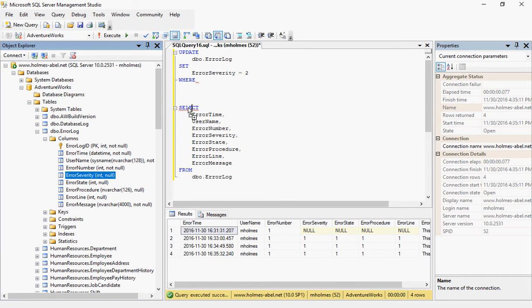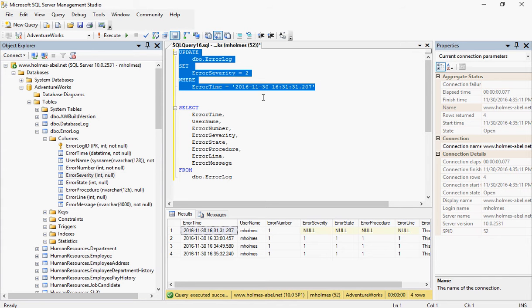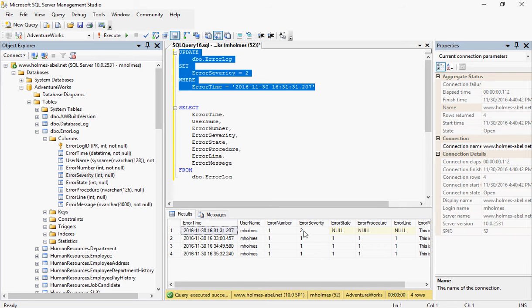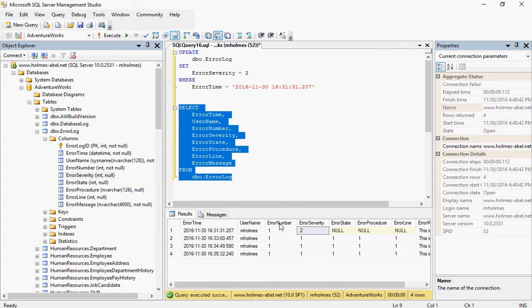So let's say where error time equals, and I'm going to convert this to a string. What we have is the error severity here is null currently. And I'm going to go ahead and let both of these execute because I want to update and then I want to select anyway. So let's let it run through both. So there we go. First thing it did is it performed our update. It updated this column for us. And then I wanted it to select